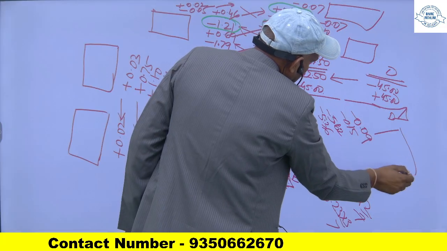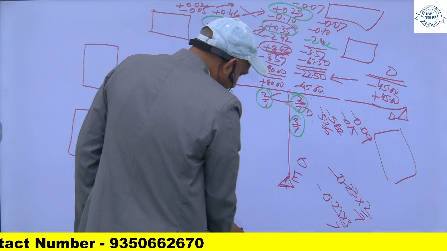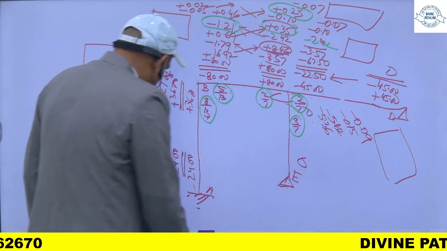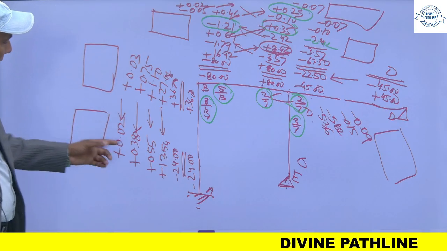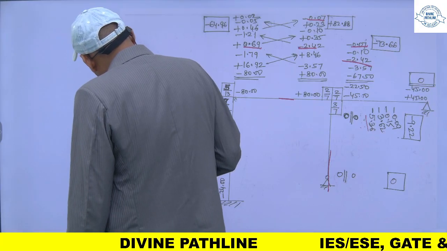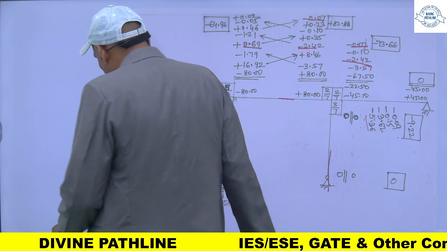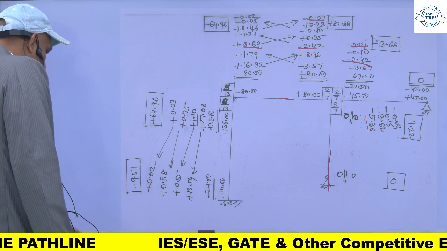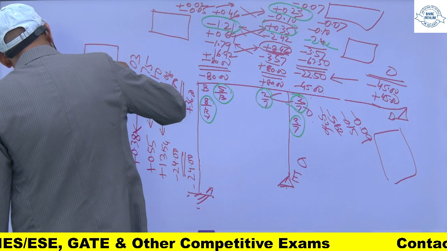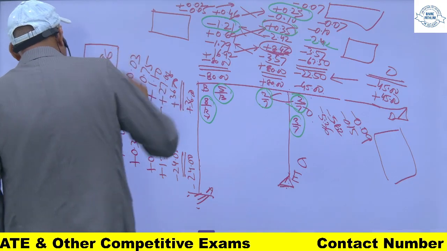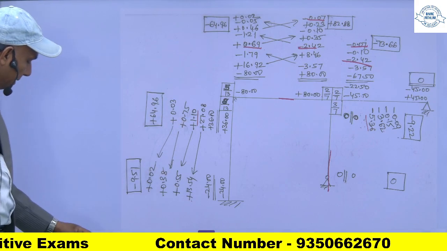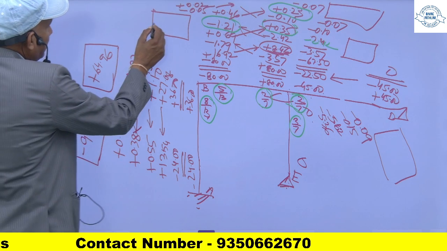Sum of this, it will be minus 9.51 and 64.96. So this is minus 9.51 and this is plus 64.96, and this will be minus 64.96,